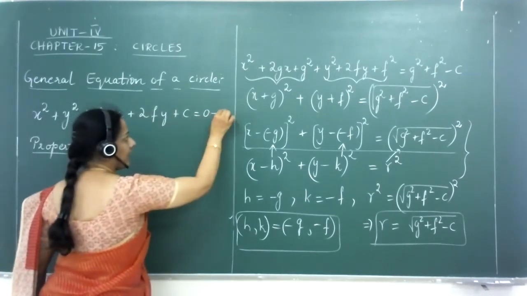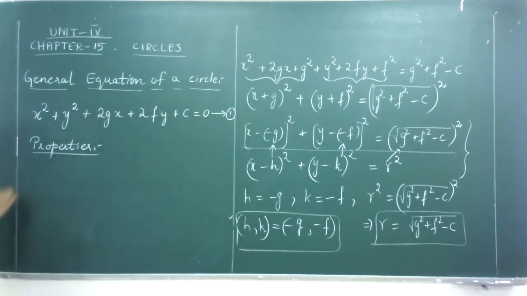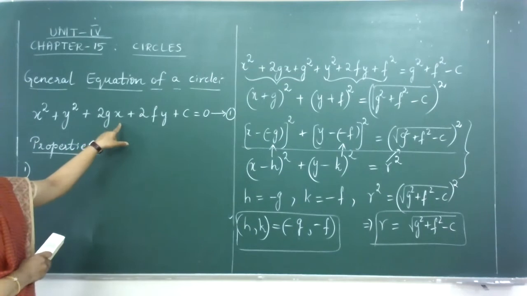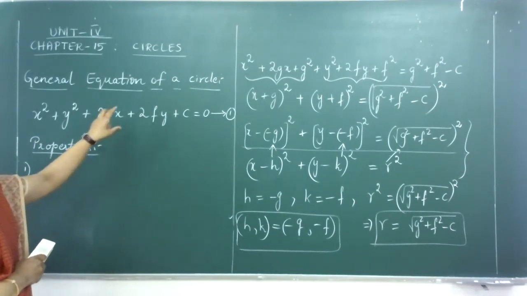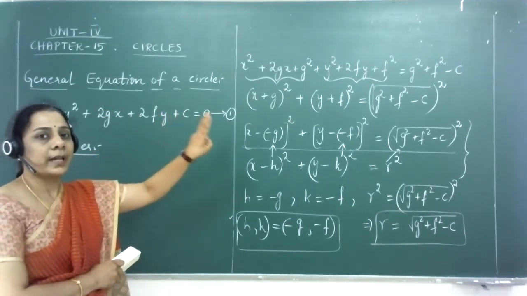Now for our easy and quick reference, let me number the given equation as equation number 1. So we have certain properties of the above equation. Now what is the observance that I can have about this equation? That is the general second degree equation in terms of x and y. As you can see, this particular equation contains two variables.